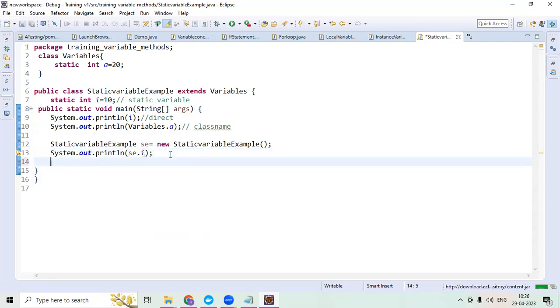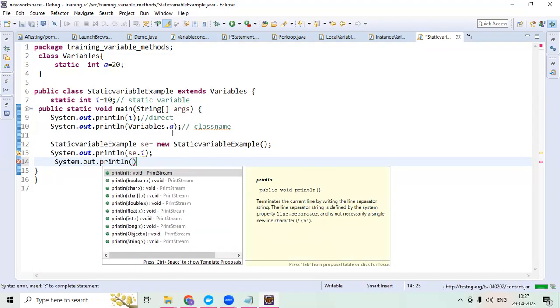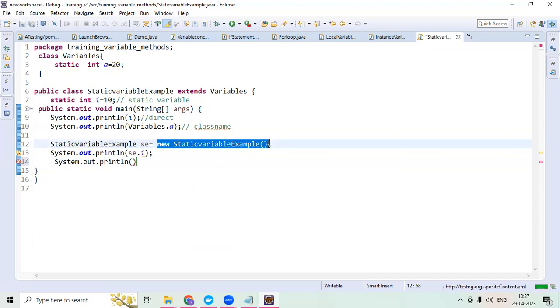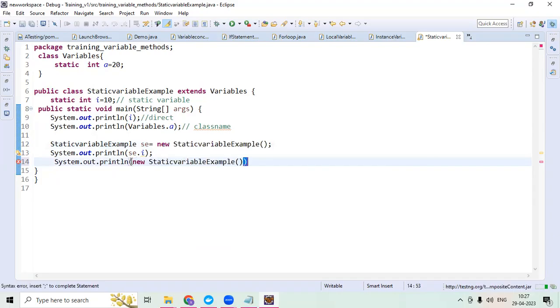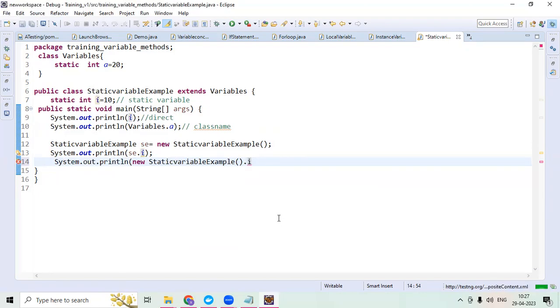And let's see another way: accessing with an anonymous object. System.out.println new StaticVariableExample dot I value I'm printing. Now also we are getting a warning, not an error. This is for the object